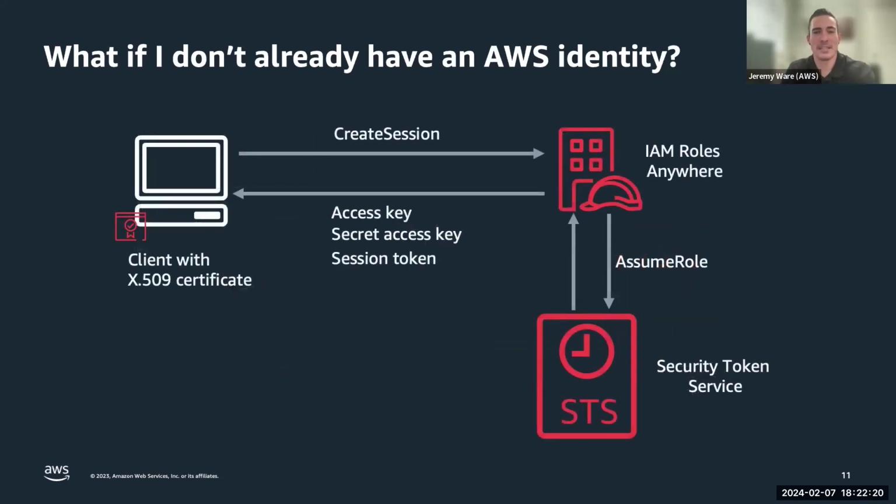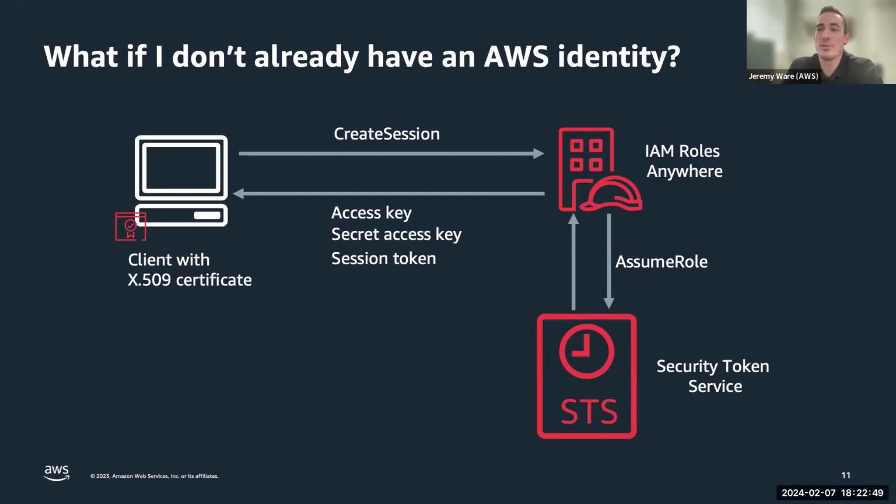All right, and let's look at one more use case. What if I don't have an AWS identity, but I'm a machine workload? I'm not a human user. Traditionally, we're all probably familiar with Active Directory on-prem and the use of service accounts for workloads to communicate on our protected network. Now, unfortunately, the world has gotten a lot more complex and technology has scaled well beyond what I will ever be capable of learning.